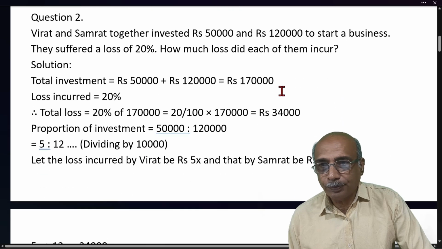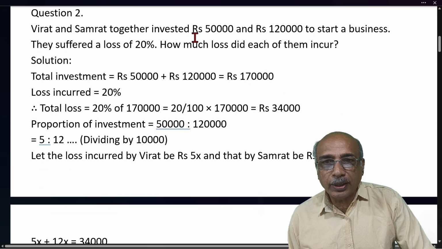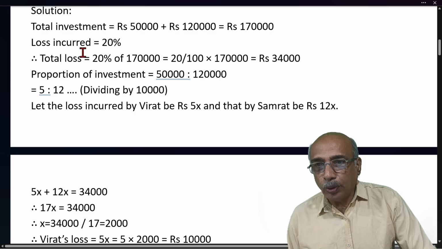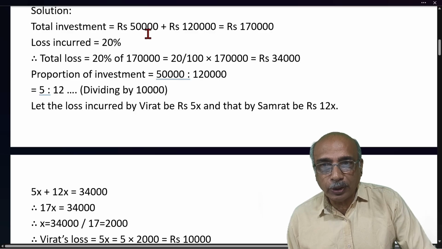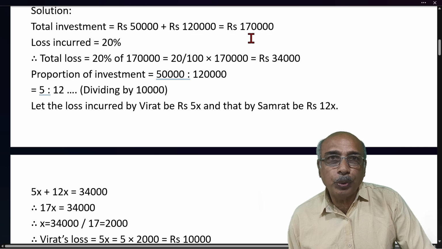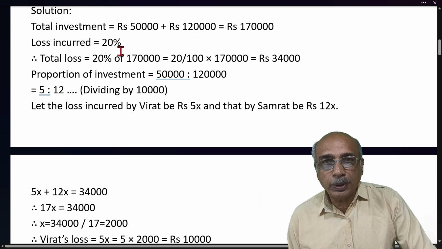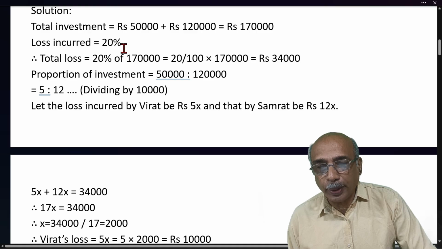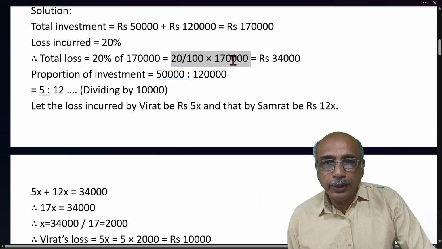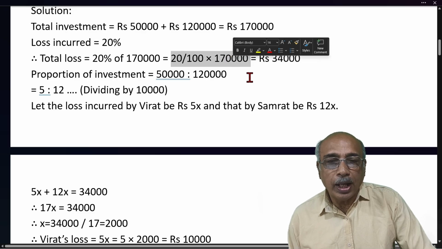Next problem. Virat and Samrat together invested rupees 50,000 and rupees 1,20,000 to start a business. They suffered a loss of 20%. How much loss did each one of them incur? Solution. Total investment will be rupees 50,000 plus 1,20,000 equals 1,70,000. Loss incurred percent is 20%. Therefore, total loss equals 20 upon 100 into 1,70,000. Answer comes to